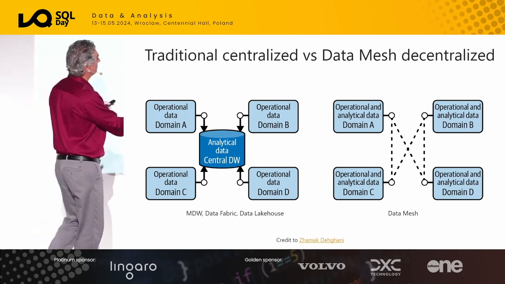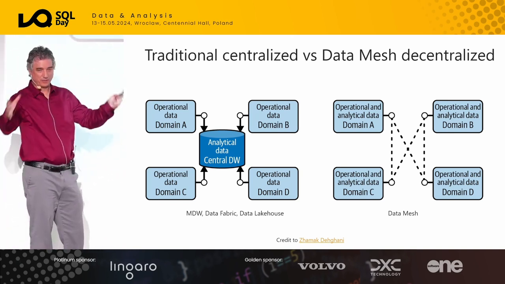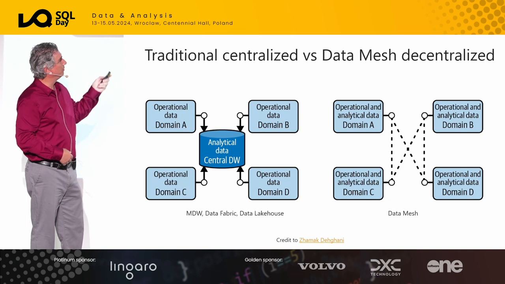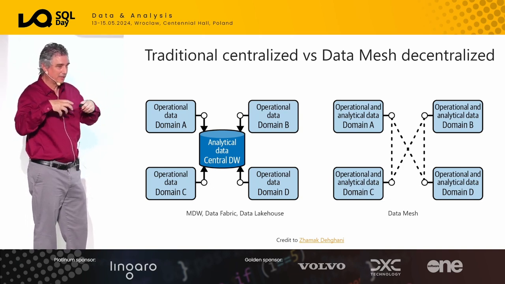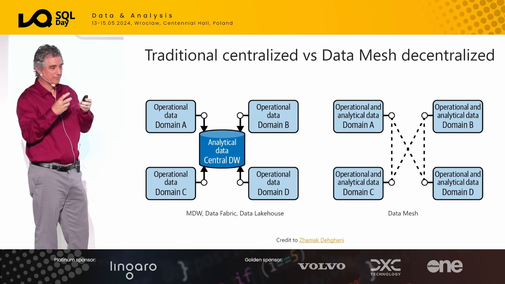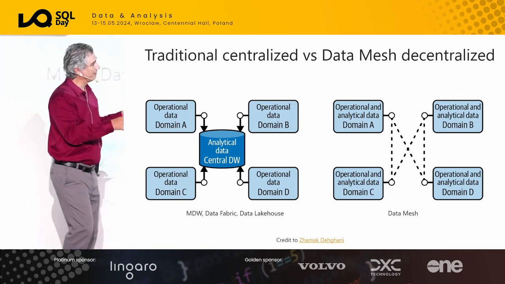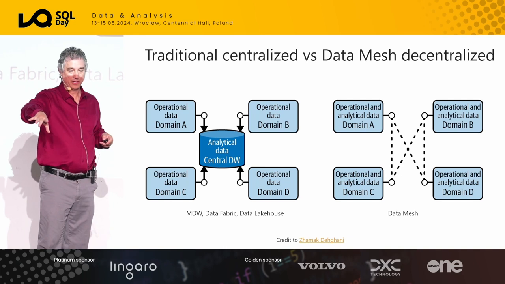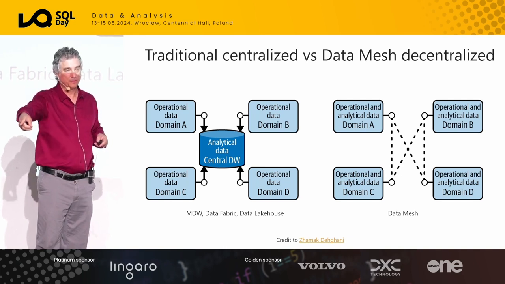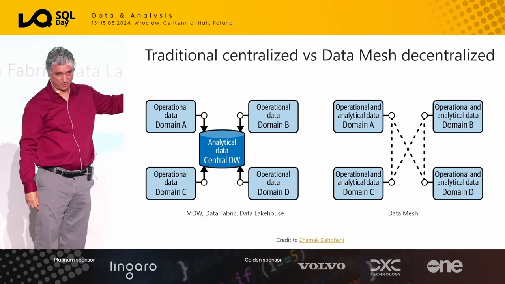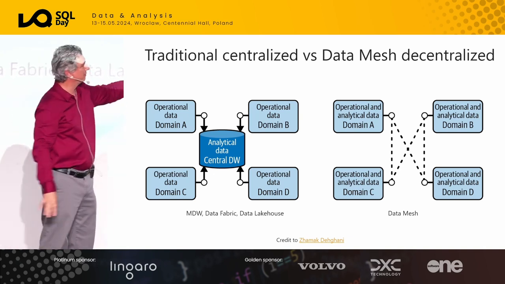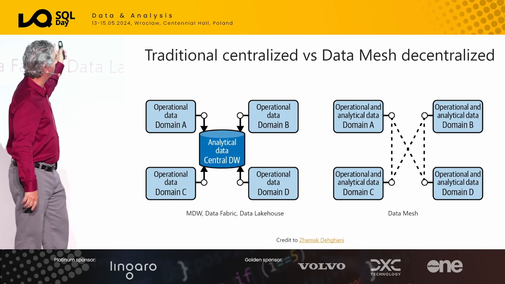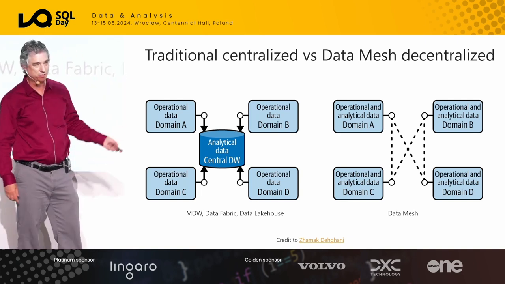Everything I talked about is centralizing the data. I have domains that could be organizations within my company. They're all sending their operational data into a central location where IT owns the data and then creates analytical data. Data mesh is each of the domains that have the operational data saying to IT, don't send me your operational data anymore. I want you to create the analytical data and make it available for everybody else to use. So you're pushing down the work to the domains. And that leads to the 4 principles, but that's it. That's the big difference. There's no centralization. All of the work is done by the domains.